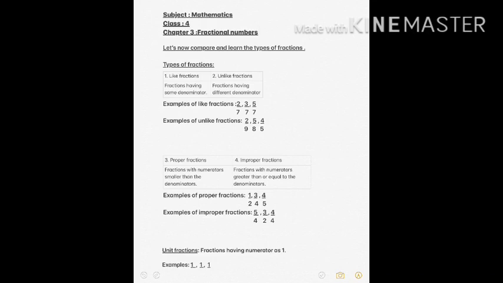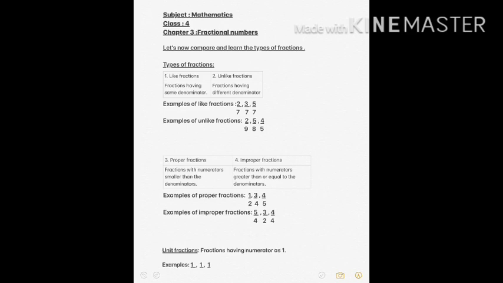Hello students, here I am again with a video lesson continuing the chapter Fractional Numbers for class 4 students. In the last video we have learned introduction of fractions, equivalent fractions and reducing the fraction and a variety of sums